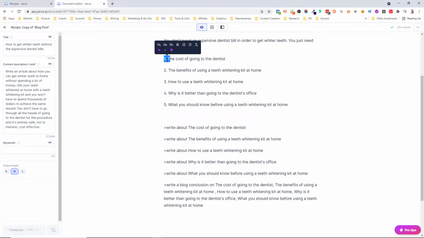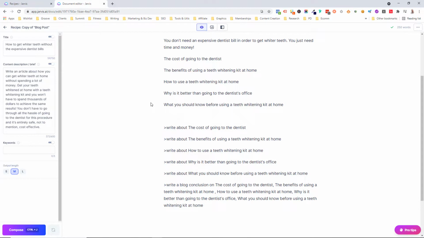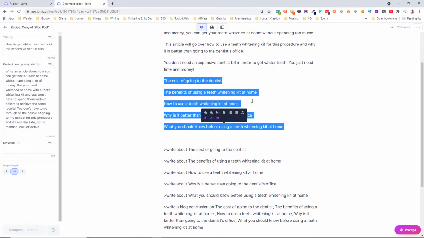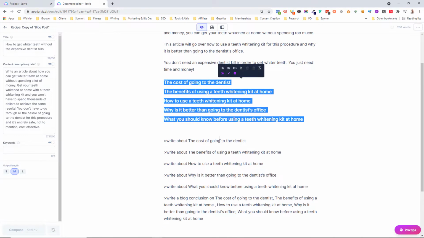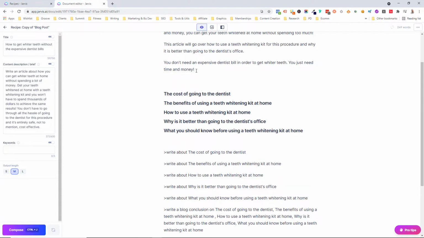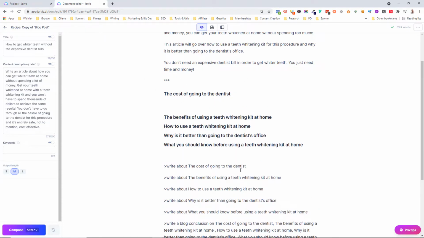So the other thing I like to do is I like to put a shortcode in to stop Jarvis reading too far, because in boss mode Jarvis will read between 2,000 and 3,000 characters above, which is really good sometimes, but sometimes it can also cause a bit of repetition. So what I like to do is put a shortcode in to instruct Jarvis not to read above. So I want it to concentrate on just writing about this particular heading here. Okay, so I put that shortcode in, and I'm going to copy this into here,